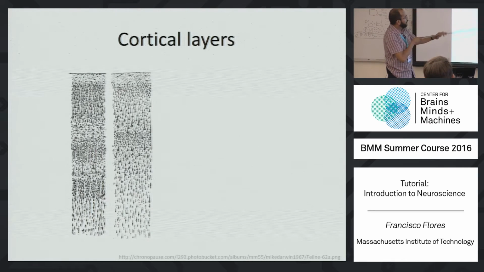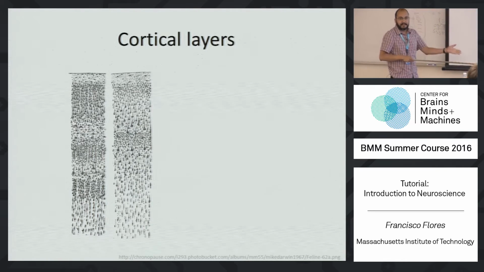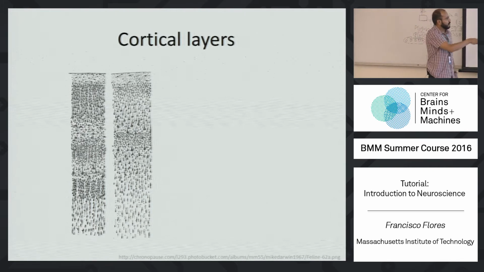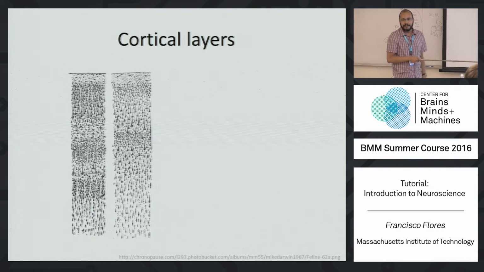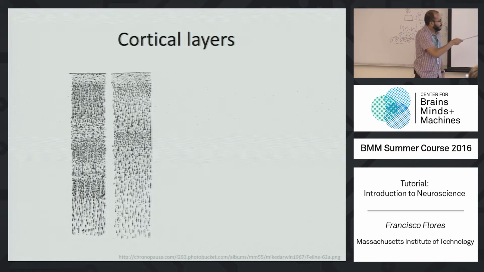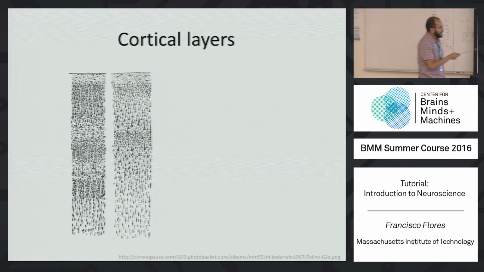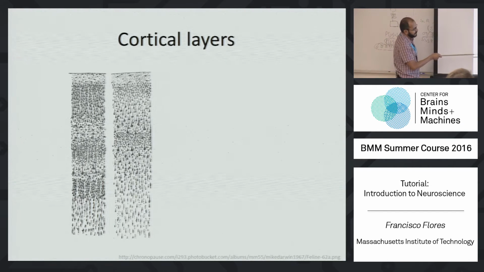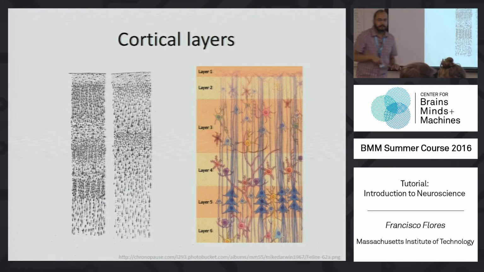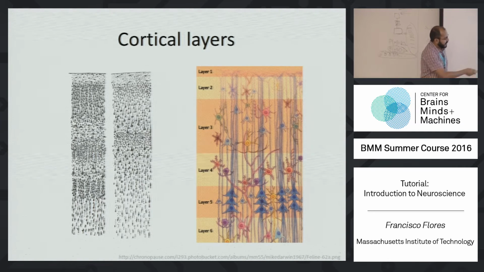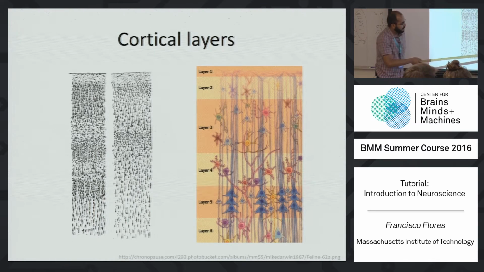This is another example of how this particular pattern repeats across the brain. This is the motor cortex of probably the same person. So even though it looks kind of different in the end, the same pattern appears. So you have layers. There's typically 6 layers. For example, layer 6, layer 5, layer 4, layers 2 and 3, and layer 1, which is right here. So if we have a cartoon of this, we can see here the layers more clearly specified.